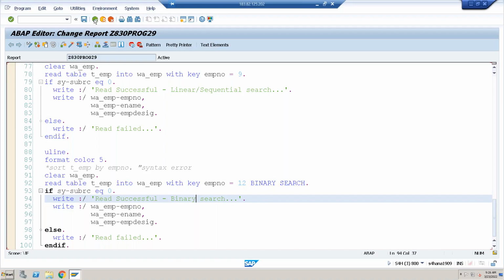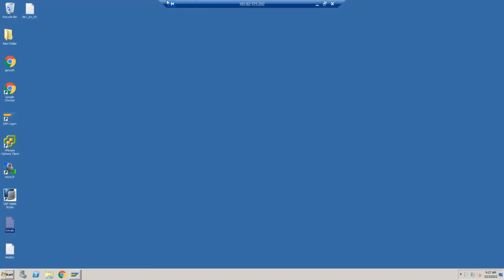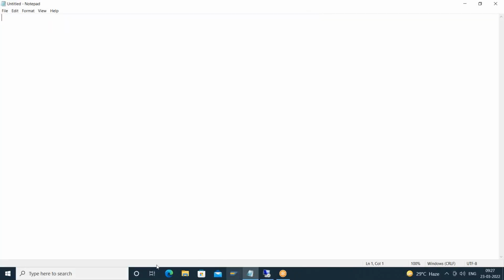And what is the other difference? In case of standard, explicit sort is supported. In case of sorted, explicit sort is not supported. While adding the entries itself, the data will be in sorted order. So if you see this slide, which I've already shared with everyone in the material folder,